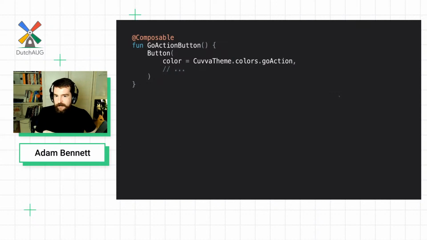But we've actually done something really interesting here, which is we've basically hidden an implementation detail of our design system. In this case, we're delegating to the material design library. But if we wanted to, we could switch this out across the entire app with something completely custom. If we want to build a surface from scratch, we want to add some fancy animations, just by providing this abstraction over the top, you've moved material to this implementation detail.